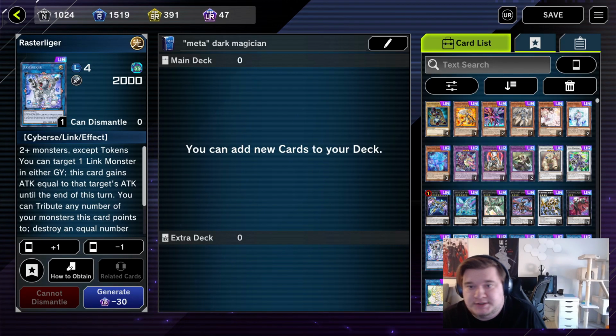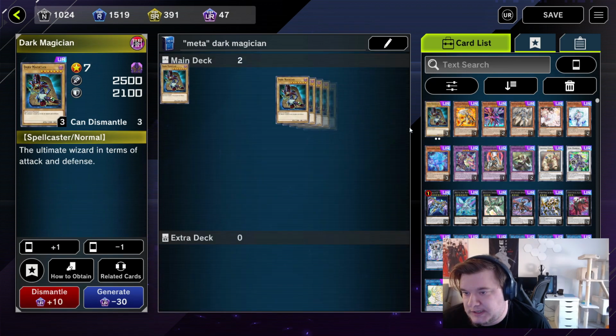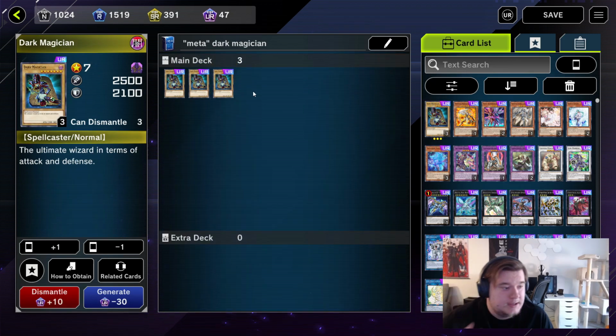Alright, so Meta Dark Magician. So we're going to walk through building a core for a Dark Magician deck, and then I'm going to throw in some little secret techs, and then we're going to do extra deck and stuff like that. So starting off with a Dark Magician deck, we're going to start off with 3 Dark Magician, as we always